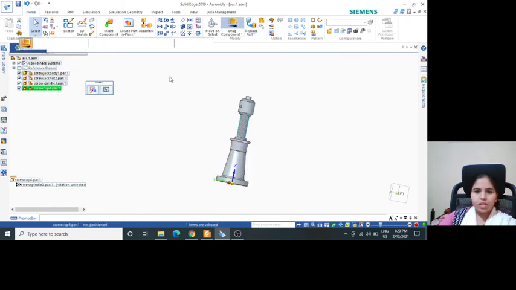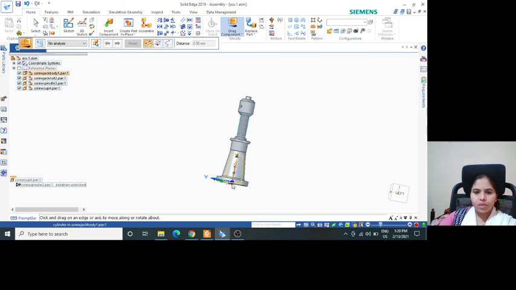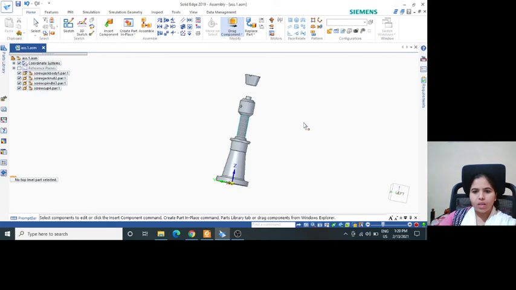Now again, see, this drag component will be used as much as possible. For this, you click here, then only you will be able to. Okay, yes, it is getting moved. Yes, perfect. It is axially aligned, but sometimes it happens, it comes and sits like this. Okay. Now what we will do is click on mate